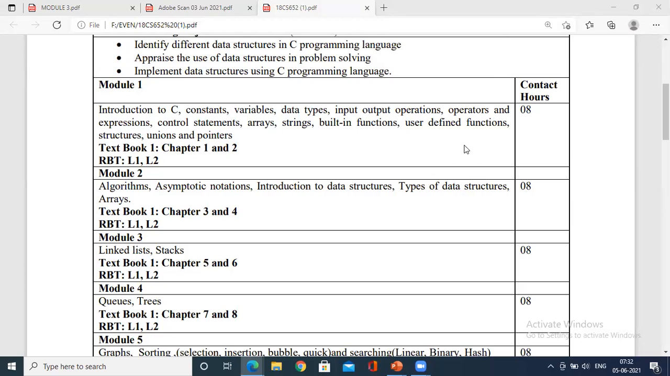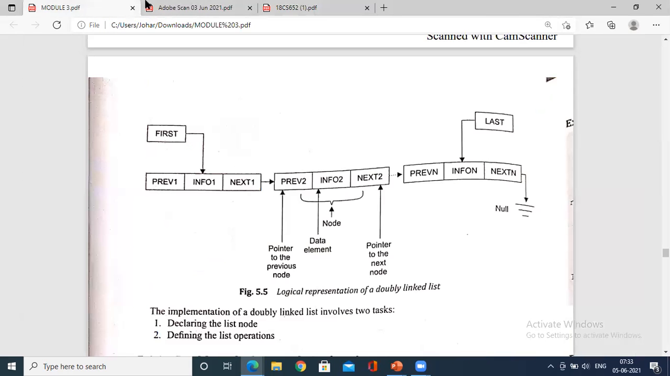As discussed last class, we just started module 3, that is linked list. As you know, it has simply been mentioned as the concept of linked list, but in fact the concept is too vast. If you could see what concepts we have as per the syllabus given in the chapters,